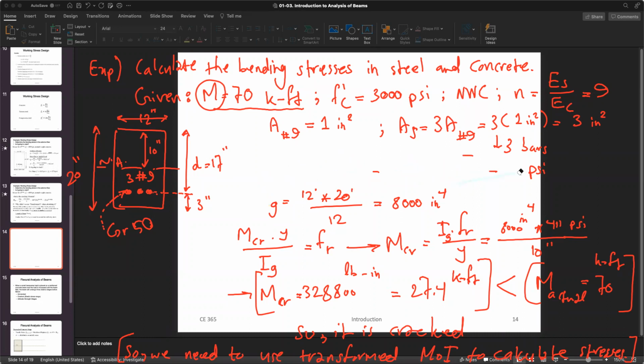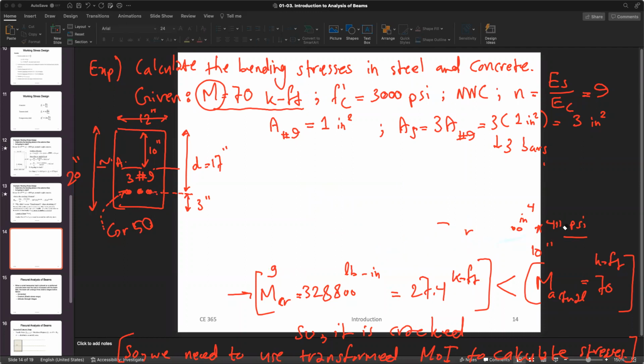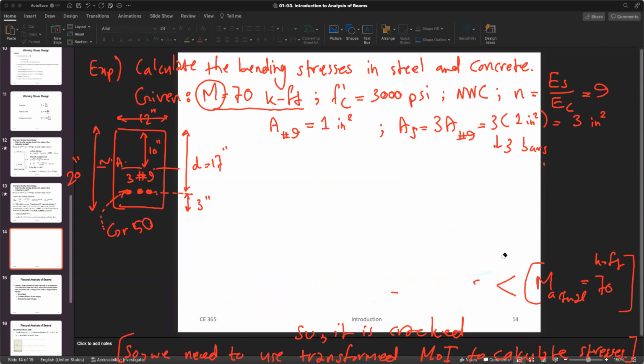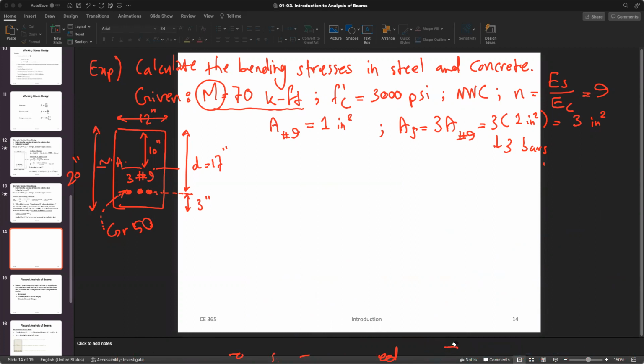So let me erase this one. So what is my assumption? What I'm going to assume here, if I want to find a cracked system, I'm going to assume